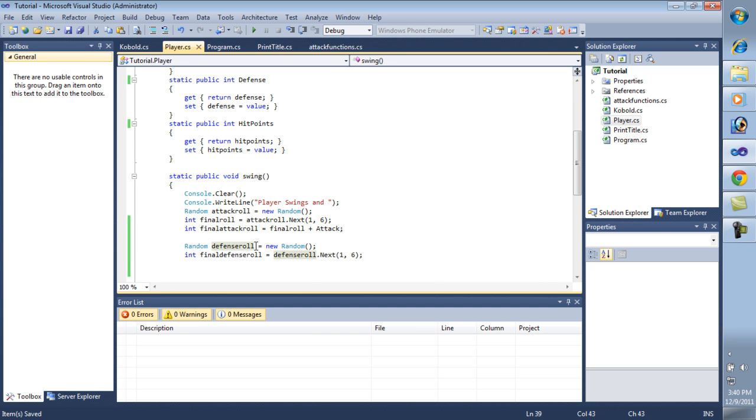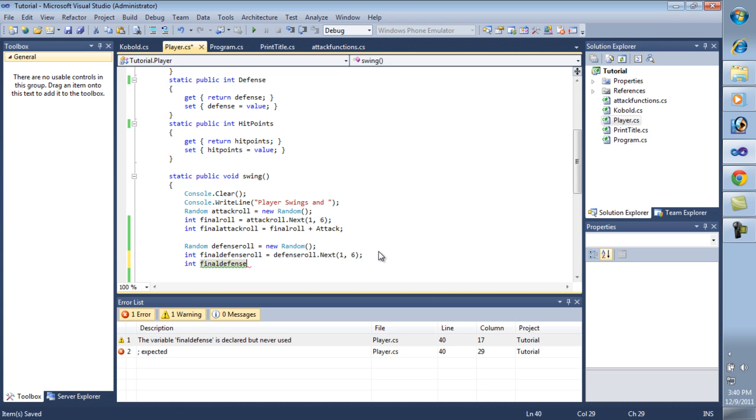So basically it's a random defense roll. The final defense roll is the defense roll next, 1 through 6, and then we're going to do integer final defense. I guess I kind of goofed it with these different variables, but oh well. Final, let's do this. Final kobold defense equals